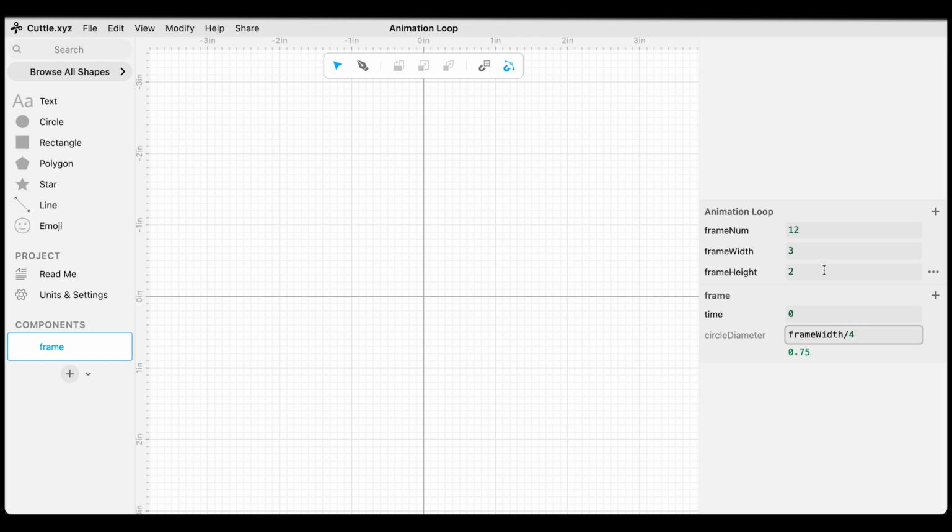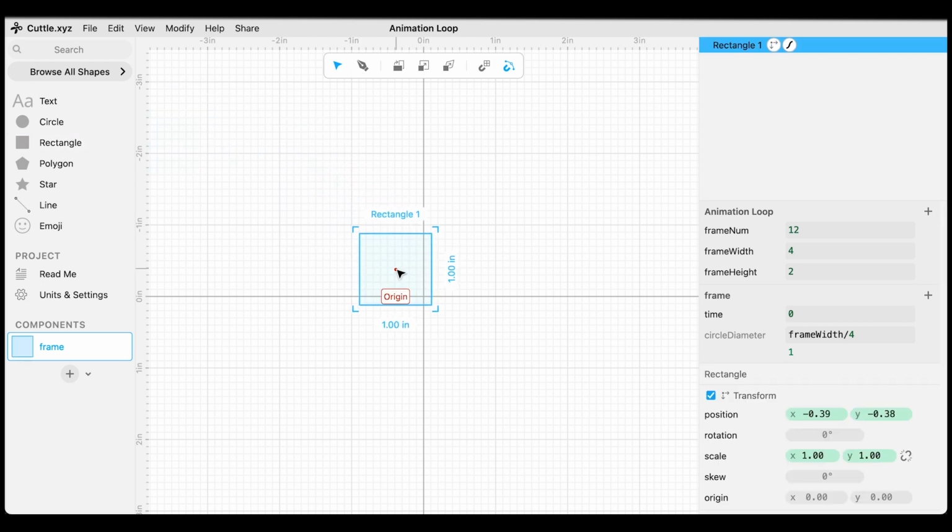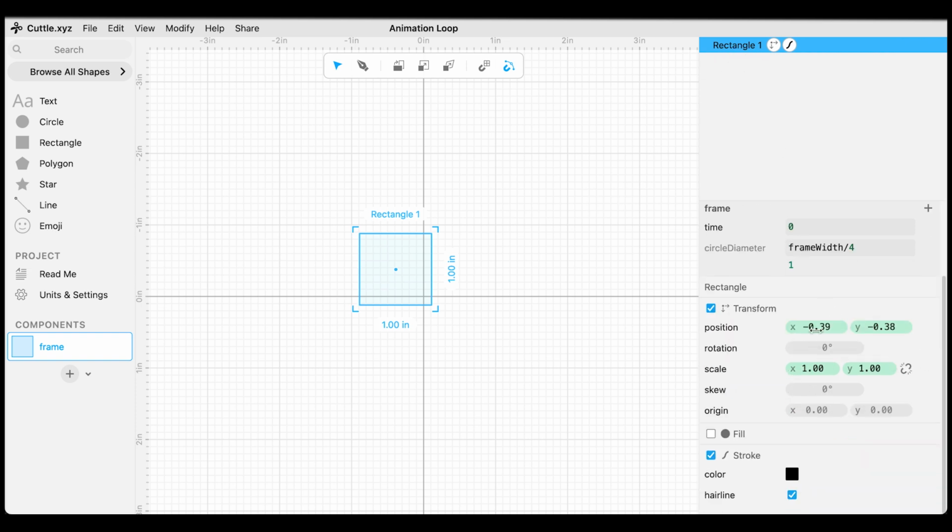This means that if I ever change the frame width, it will adjust the circle diameter. So you can see that number underneath circle diameter changing. Let's see that actually happening in real time. I'm going to first come over to the shape section here on the left hand side and drag a rectangle over, and you have the rectangle pops up in the upper right, and you also have these variables down here